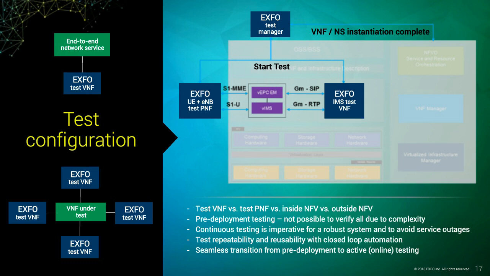And the last question is about DevOps, development and operations. We keep hearing this question, how do we improve the efficiency? So the most important thing is the test repeatability and reusability. You should be able to create the tests and everything on the development side, and you should be able to reuse them on the production side. And there should be a seamless transition from the pre-deployment to the production testing. So that's very, very important, right? So having said that, I will now hand over the floor to Ehab, who will cover the operation side of it. Ehab?